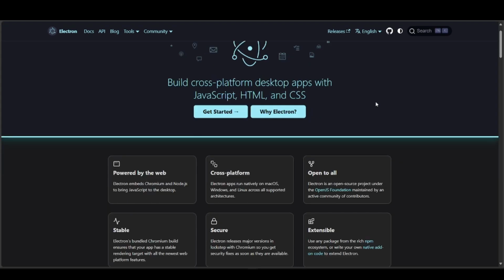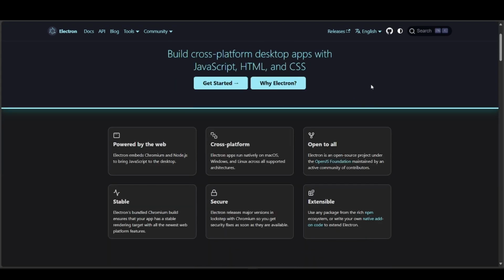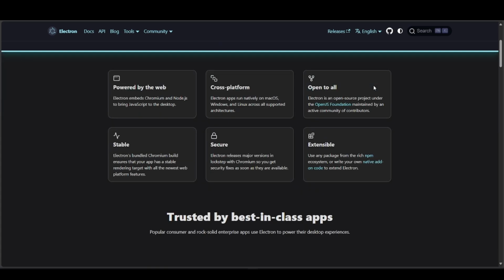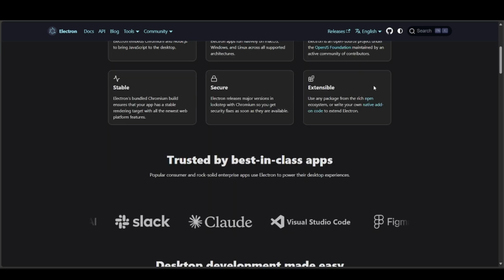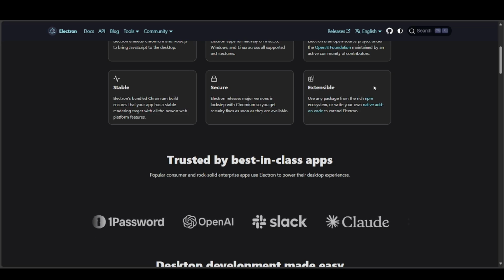So this is an original web-based desktop framework combining Chromium and Node.js into a packaged JavaScript app. It's widely used and mature, powering apps like VS Code, Slack, and Discord. So it's a massive ecosystem with plugin support, which is perfect for JS developers and rapid prototyping. Uniform behavior across platforms since each app bundles its own Chromium, with a huge community, extensive documentation, and compatibility with